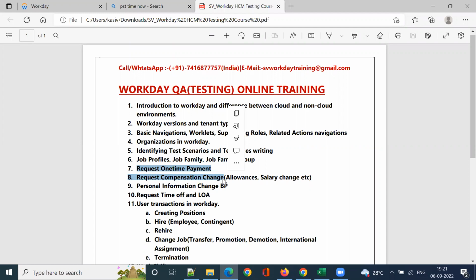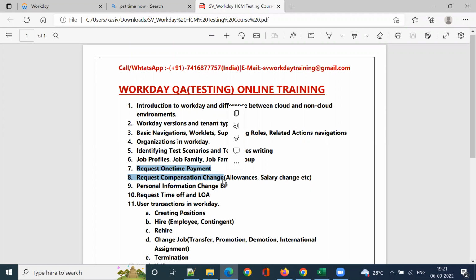If it's allowing, then it means there is a bug. Am I correct? Or else I need to be on the international assignment. Means it's a staffing event where the employee will be in San Francisco for a few months, up till November 24th, something like that. In those scenarios, up till November 24th, Workday should show my location as San Francisco